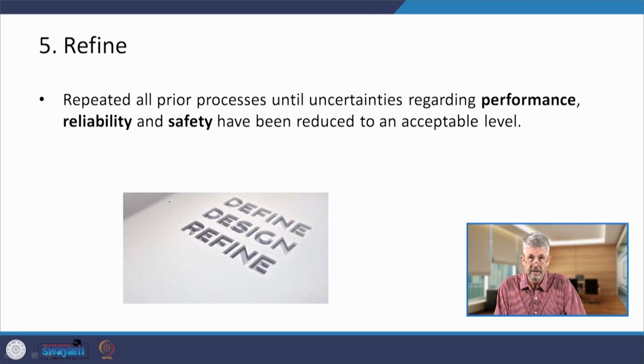which gets us to the next step, and that's the refine stage. So all these prior processes I just talked about still have uncertainties regarding performance, reliability, and also safety. And these uncertainties need to be minimized to the greatest extent possible. That means we have to redefine the elements of our adaptive design strategy and go back maybe to the planning board and say, okay, admit failure, this particular process we had in mind didn't work or will not work. We need to have a different solution or maybe a modification.